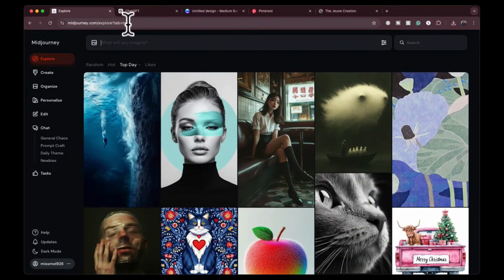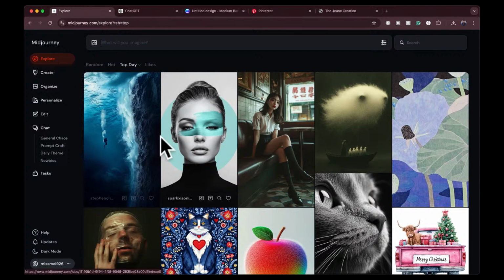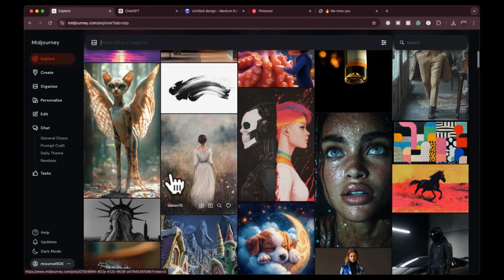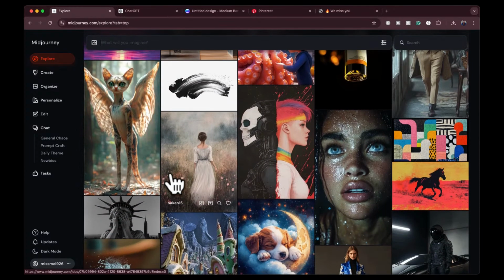So when you are on the website, the first thing you're going to see is the Explore tab. And with the Explore tab, you're going to see a bunch of images that other people have generated. All of this is images that other people have generated. And the reason why I want to point this out to you and why it's very important is because sometimes it is very hard to come up with your own creative thoughts. I'm not saying copy